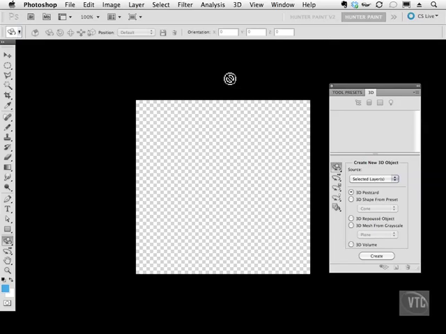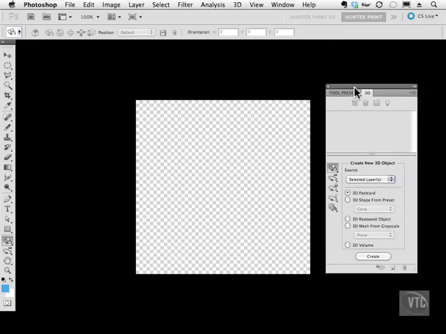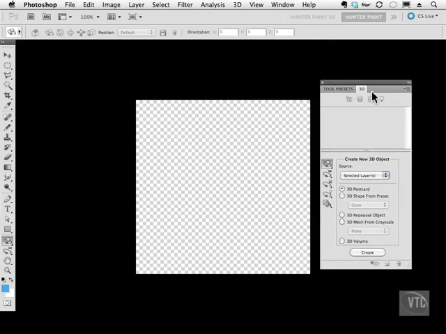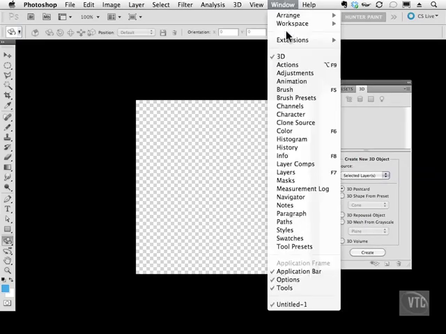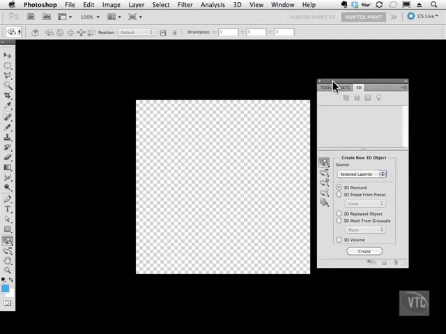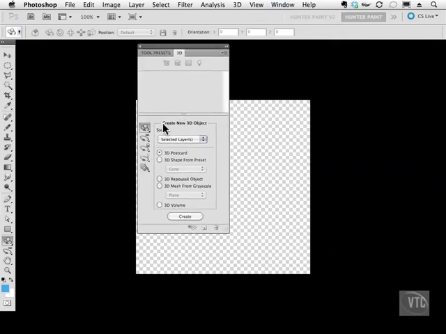So the first thing we're going to do is talk about this 3D panel. If you don't see this 3D panel, simply go to Window, 3D. The 3D panel has several tools here that look kind of familiar to the ones inside of After Effects, that unified camera and those other camera tools. These allow us to move around in the 3D space. So we can rotate, we can roll, we can pan, which is left and right, up and down, and all